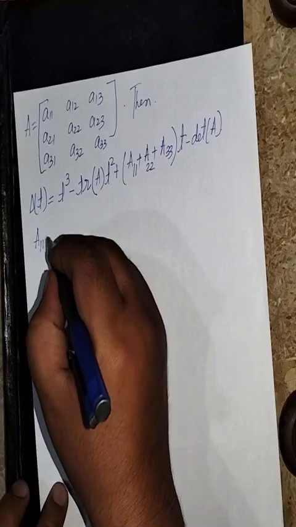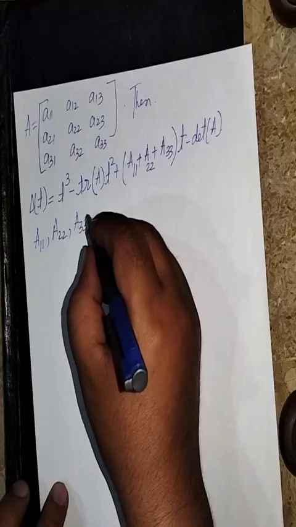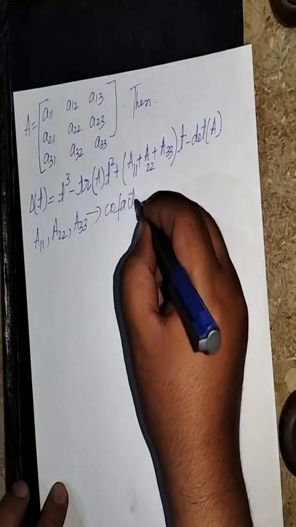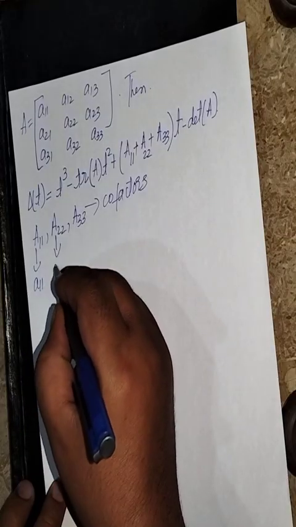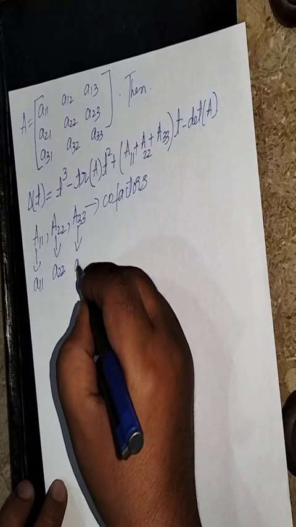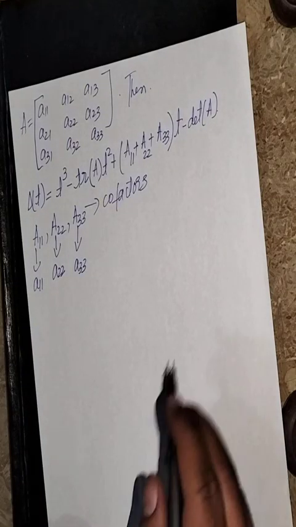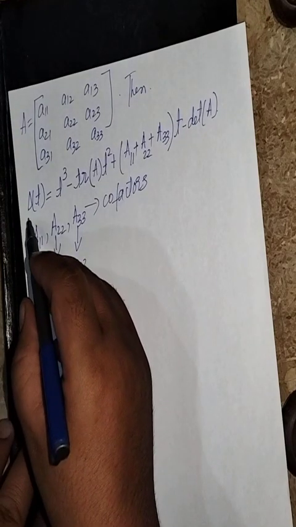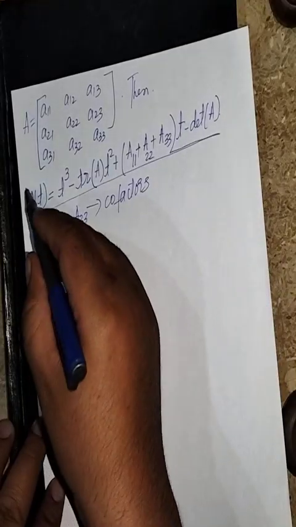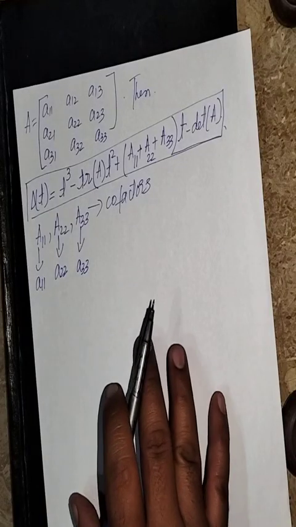ये जो कैपिटल A11 है, A22 है और A33 है, ये आपके कोफैक्टर्स को डिनोट कर रहे हैं। कोफैक्टर किसके? स्मॉल A11 का कोफैक्टर, स्मॉल A22 का कोफैक्टर और स्मॉल A33 का कोफैक्टर। आप सब जानते हैं कि कोफैक्टर्स को कैसे फाइंड आउट किया जाता है। तो बेसिकली दिस इज द फार्मूला in order to find the characteristic polynomial of 3x3 matrix, direct formula, or you can also call that expression.